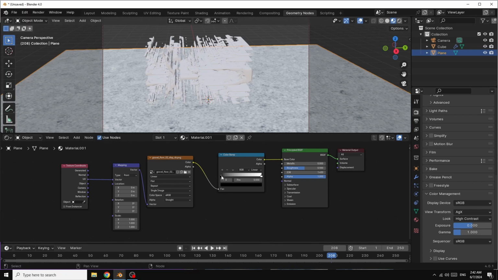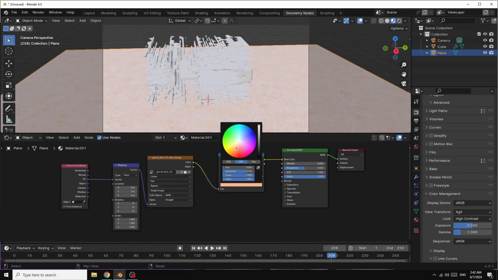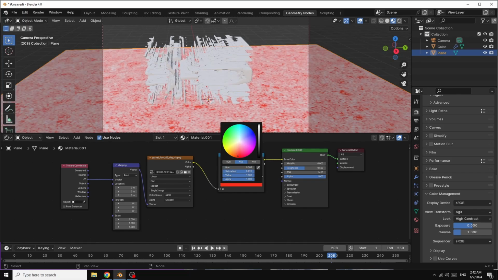Now I make it a little darker here, and here I change the color. I make it maybe just like this.